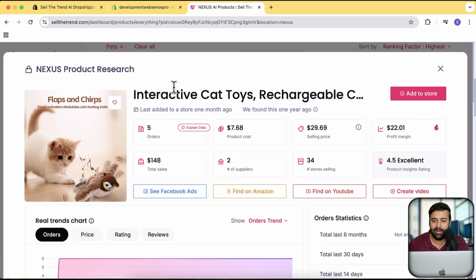So I already have integrated my store with this tool, and all I have to do in order to add the product from this tool is just click on this add to store. So let me show you guys. So let's suppose I want to add this product. Obviously I would do some more research about the product which I need to add on the store, but let's suppose that we want to add this product to our store. So all I have to do is just click on this add to store button,